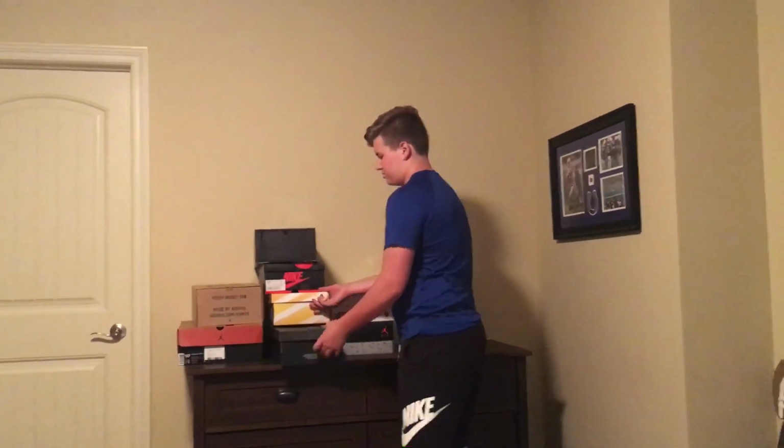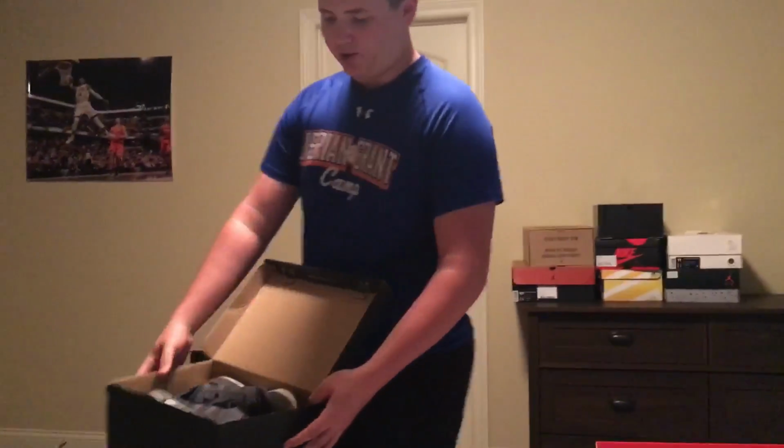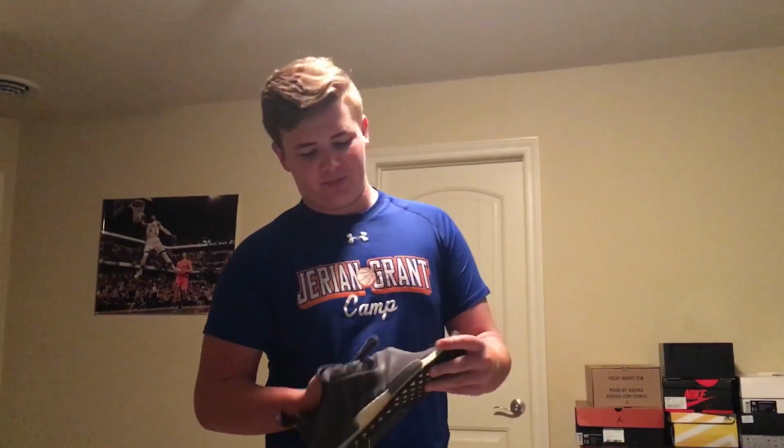So this is kind of my beater part, so I have one last pair of beaters. This is my first pair of boosts ever, so I really like these, but sadly I've killed them. These are beat, you can see, but I still really like these. I wish I hadn't beat them so much, but they're really comfortable, so I wear them everywhere, and this is kind of the consequence of wearing something everywhere. But shout out to the dude in Indy who gave me these early. I was in Indianapolis at a mall, and